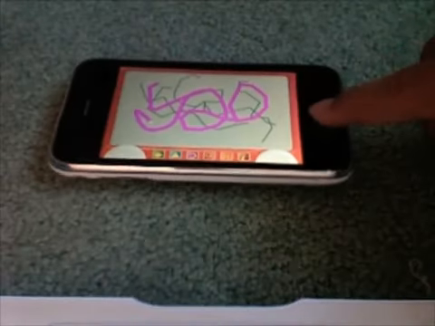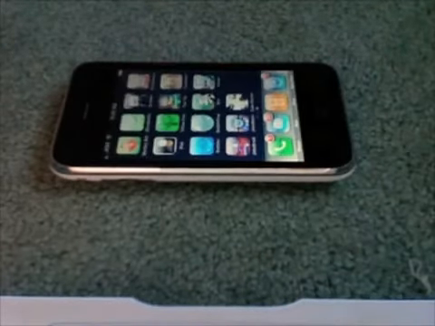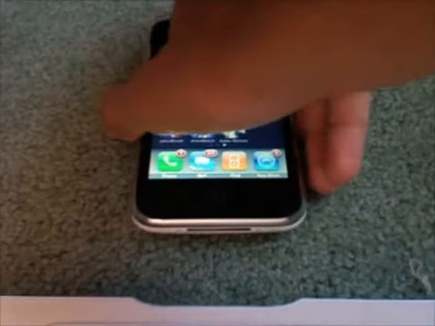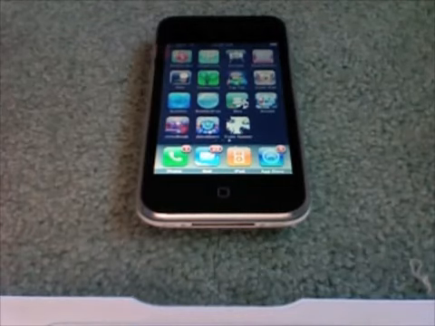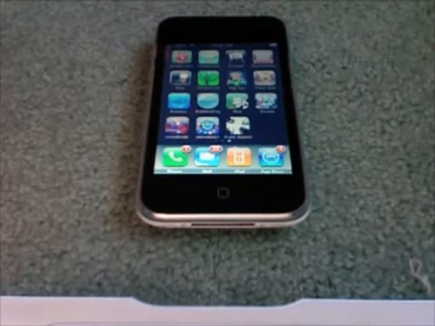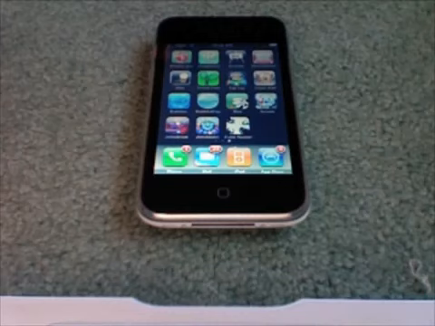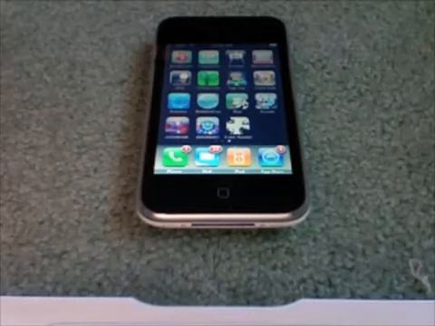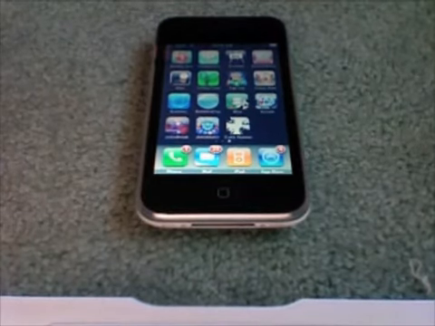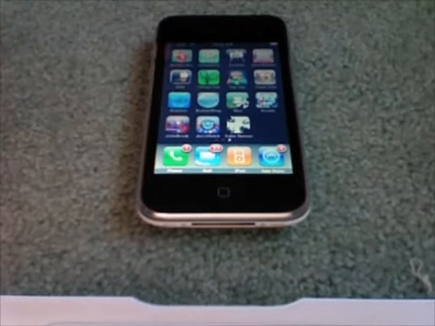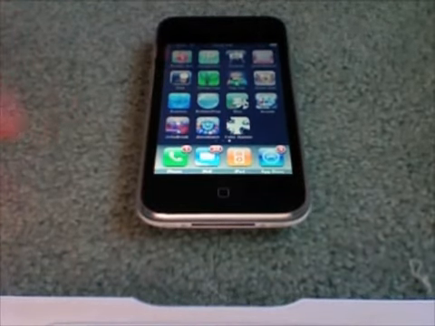So, the best application is definitely iDoodle 2 Lite, and it's free. So, once you download that, you won't need to download anything else. And I do like Scribble, though, because it's really simple and it's easy to use. Etch-a-Sketch has a few cool features, but I think iDoodle 2 is the best one. So, if you're looking for a good drawing program for the iPhone, iDoodle 2 Lite and Scribble are good because